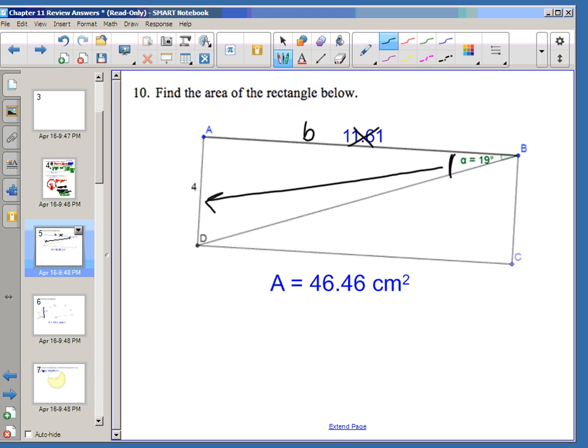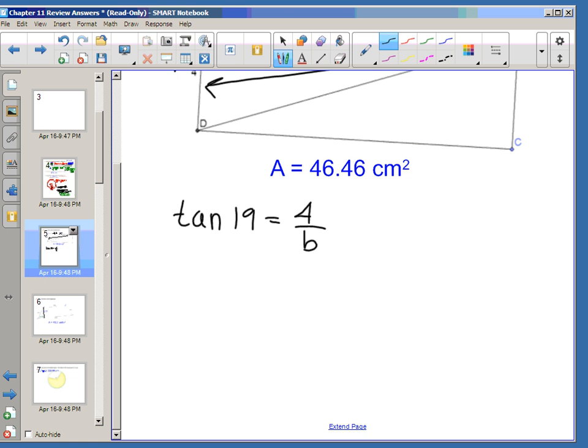Because to find the area of a rectangle, we need the base and the height. Right, so we have the opposite side, and we're trying to find the adjacent side. So again, I'm going to use tangent. So tangent of 19 degrees equals 4 over, we'll call it b since that's really my base. And cross multiply, and in the end, I'm going to get my base to be